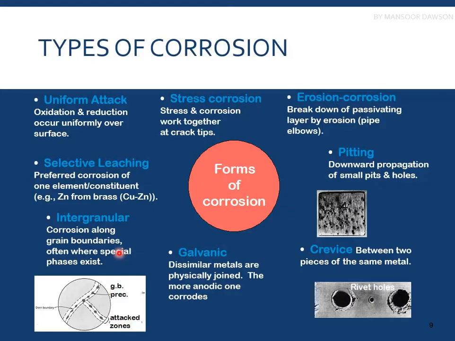So let's move forward. Here we have some types of corrosion, in which we have uniform attack, which is also known as general corrosion, in which oxidation and reduction occurs uniformly over a surface. Then we have stress corrosion, which is also known as stress corrosion cracking, in which stress and corrosion both work together and form cracks. Then we have erosion and corrosion, in which erosion